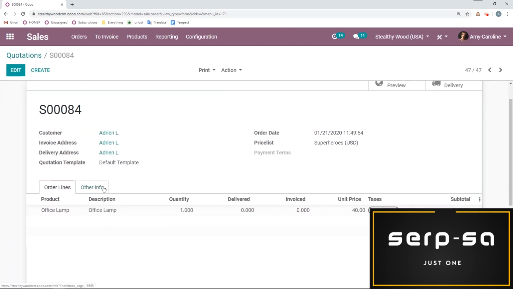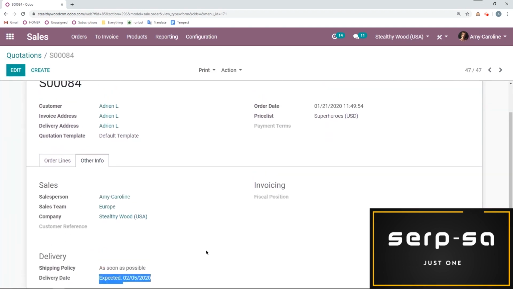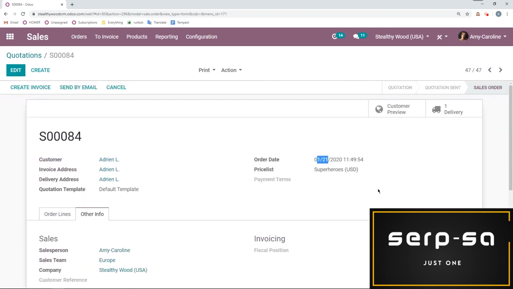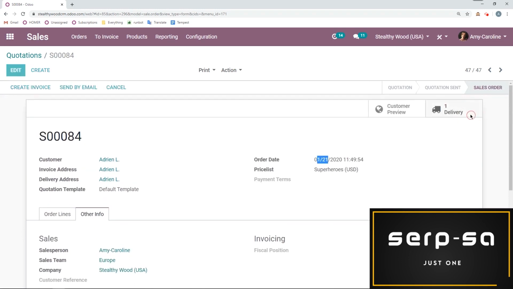Okay, so if we go to the other info tab, we're going to see the delivery date is expected to be 15 days from now. So today is January 21st. All right, and the expected delivery date is the 5th of February. Now be careful, you do see the correct delivery date based on the customer lead time here on the sales order. But if I go to my